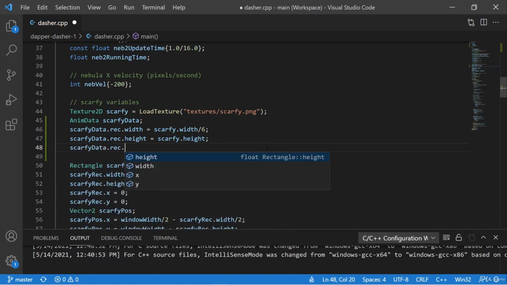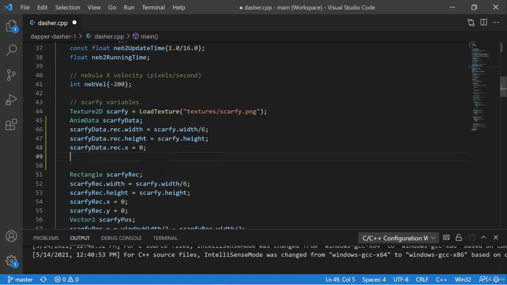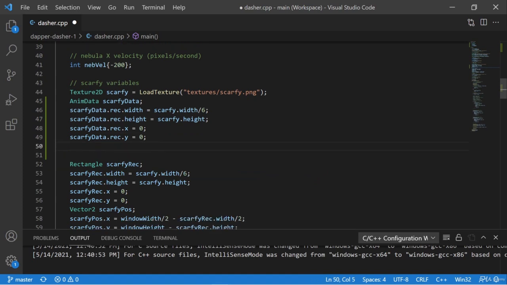Now, scarfyData.rec also has an x and a y. So why don't we assign values to the x and the y? For x, we're going to use 0 just like we did with our scarfyRec.x. We can do the same thing for y as well. So we're going to say scarfyData.rec.y equals 0. So now that our AnimData variable called scarfyData has its member variable called rec initialized,